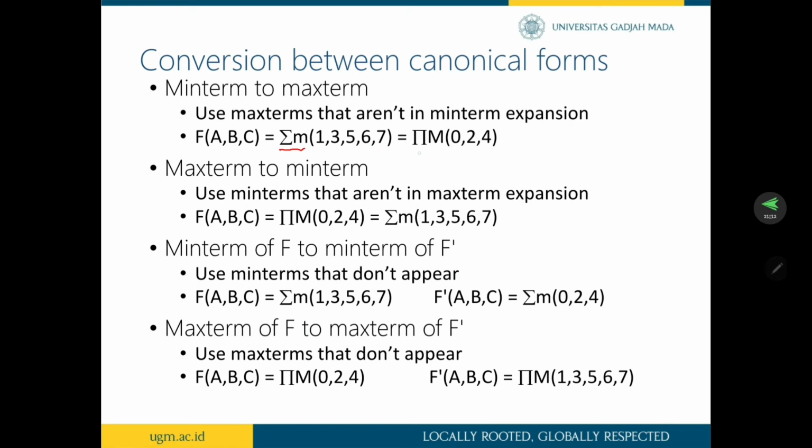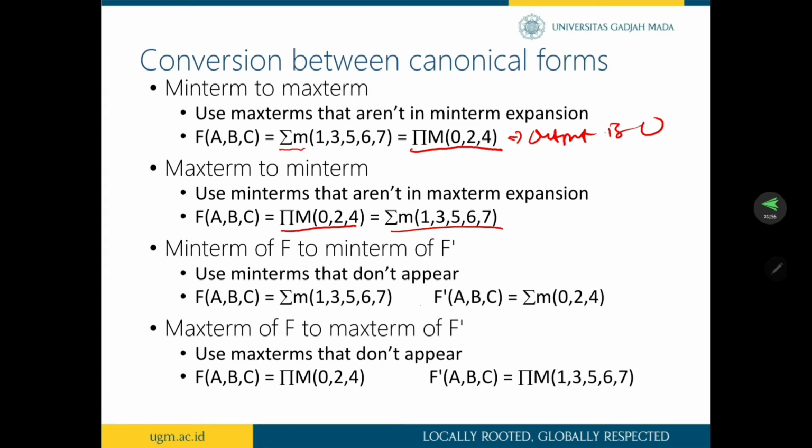We can write the max theorem from the output of 0. But this is not min theorem expansion. So the order of min theorem is max theorem with output 0. And max theorem to min theorem, use min theorems that aren't in max theorem expansion. So if we have the max theorem 0, 2, and 4, the min theorem is 1, 3, 5,